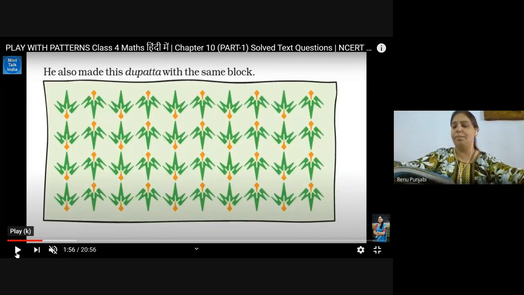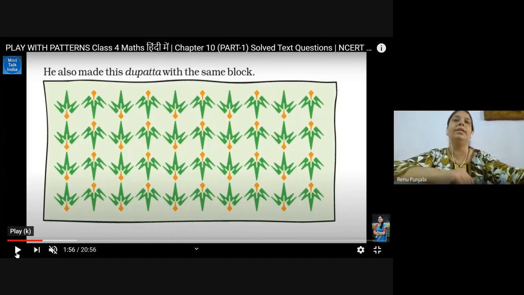Now, same block, but now he is making a dupatta. And now he thinks in his mind, can I create it in a different way? So Tinu created first up, then second down. You children read it as up and down, right? But one more method is that one is up in the original position and the second is a half a turn, and then again half a turn, then again half a turn. When you take a half a turn clockwise, this pattern will be created.